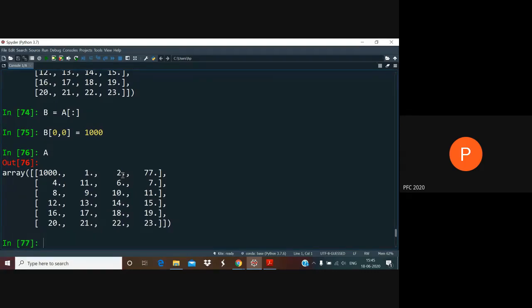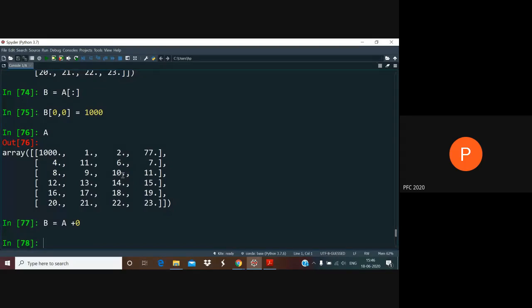One way to produce a copy B of A, another bad way, is this. Now, if you are going to do a calculation, B equals A plus 0, when you add a single number to an array, it means the number gets added to every element of the array. Of course, you're adding 0, which means the numbers don't change.